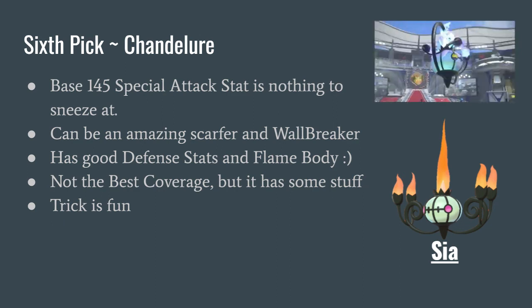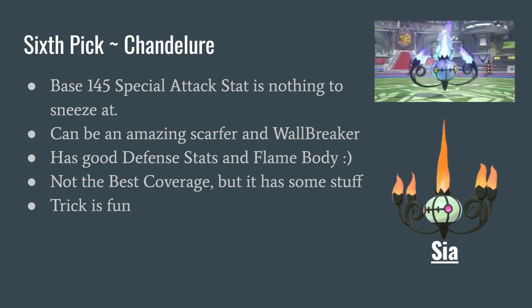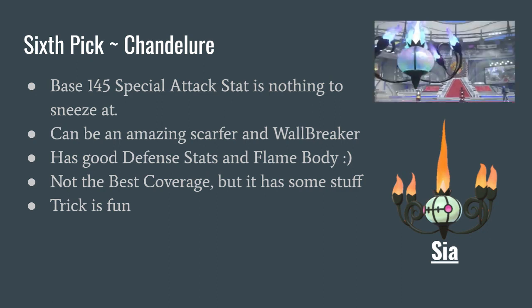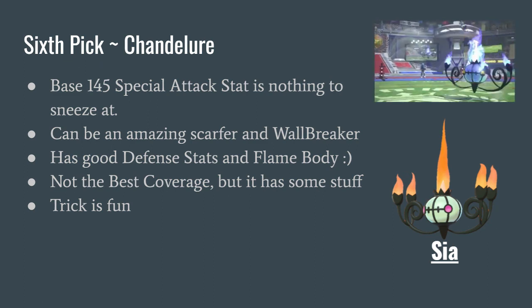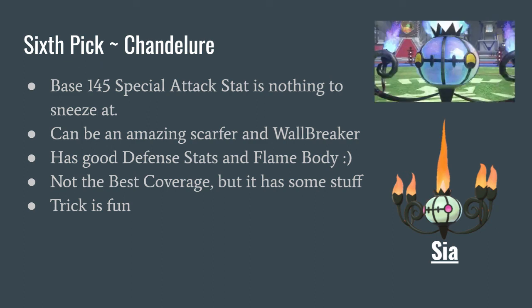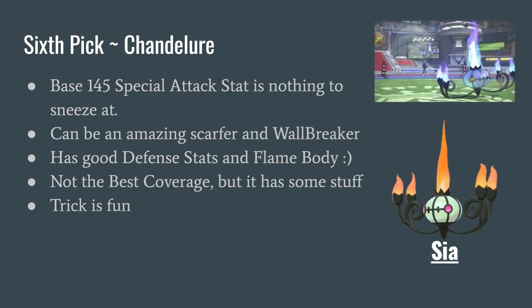I also kind of wanted a fire type, and Chandelure gives me just that. Chandelure is a great Scarfer. It also has a base 145 special attack stat. That's crazy. Base 145 special attack along with a base 80 speed stat. Amazing Scarfer and Wallbreaker. It also has good defensive stats and Flame Body, so I could be cheeky and run